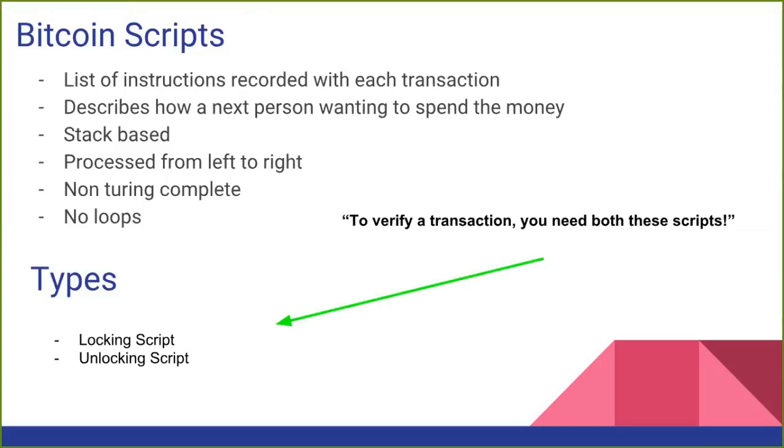So when you provide this locking and unlocking script, why are you providing it? Because when the miners pick up the transactions, they will verify whether they are valid or not, whether Vijay has provided the correct key or not. So he is going to need both of the scripts. What he will do with both of the scripts, we'll talk about in a bit. But he is going to need both of them.